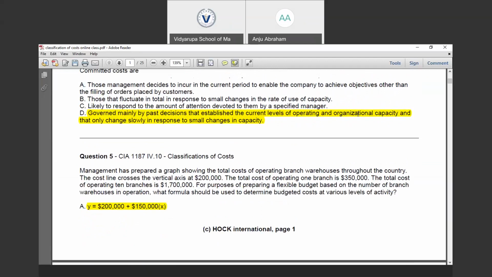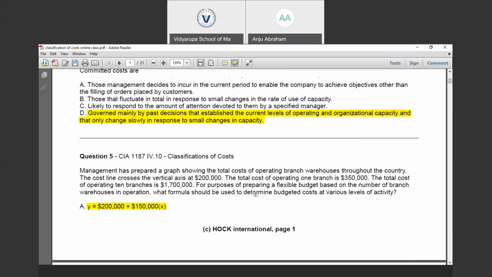Okay, variable cost is equal to total cost minus fixed cost. Yes, you are right. Because we are provided with the total cost of operating one branch to be 350,000 and the fixed cost is 200,000. So total cost minus the fixed cost is 350,000 minus 200,000, which is 150,000 for one branch.